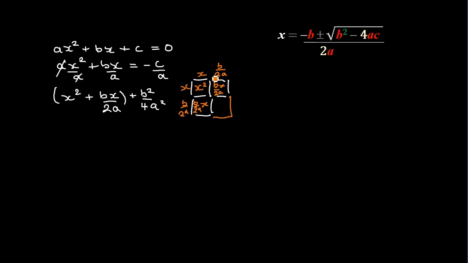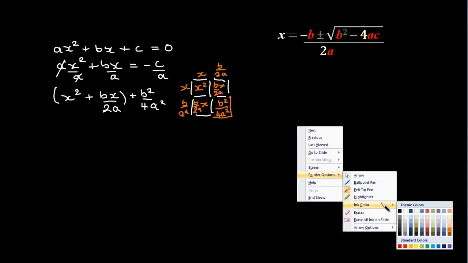So here's where we get our b squared plus 4a squared. Multiplying the top, b times b gives us our b squared, and 2a times 2a gives us our 4a squared. I hope visualizing it makes it clear what we're doing there. Okay, now